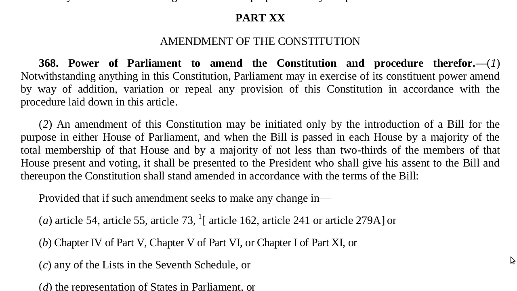2. An amendment of this Constitution may be initiated only by the introduction of a bill for the purpose in either House of Parliament, and when the bill is passed in each House by a majority of the total membership of that House and by a majority of not less than two-thirds of the members of that House present and voting, it shall be presented to the President, who shall give his assent to the bill, and thereupon the Constitution shall stand amended in accordance with the terms of the bill,